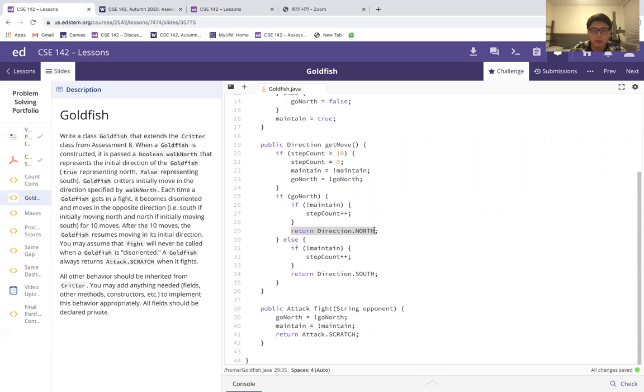Before we return the direction, we're going to see if maintain is false. In other words, if the Goldfish is disoriented, then we're going to step the count, right? We're stepping the count. And after counting the steps, if it's bigger than 10, we know that now we're going to make the step count equal to 0 because now it's not disoriented anymore after 10 steps of count. And it's bigger than 10 because